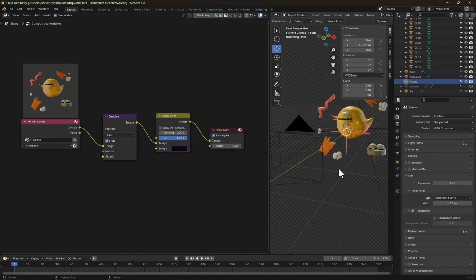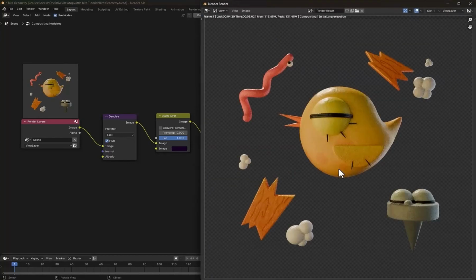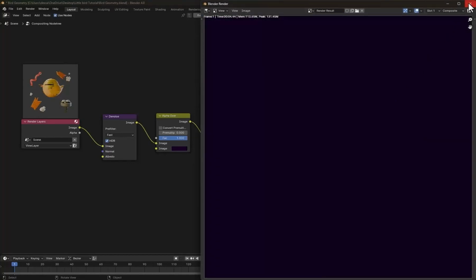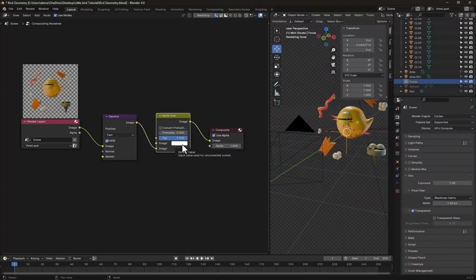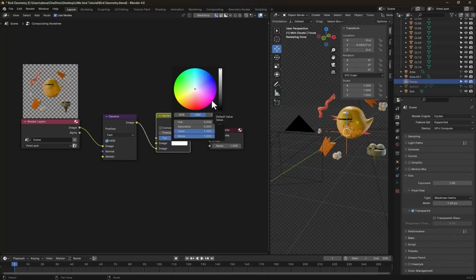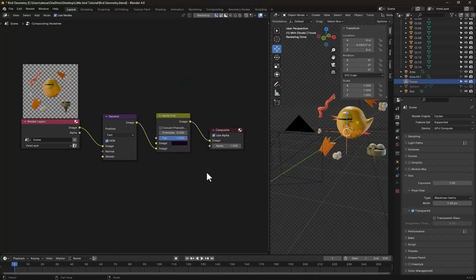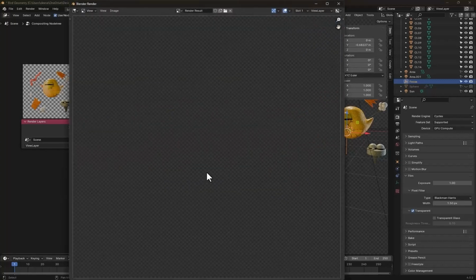And just like that, if I press F12, there is going to be... okay, sorry. I need to change this one to this one. And now I can change the color. Now if I press F12,